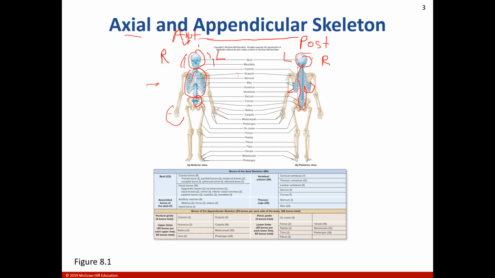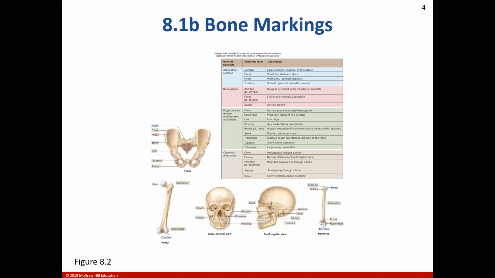But I won't ask a lot of questions about axial versus appendicular, but once you get into it, it'll be very easy because you have enough to worry about what bones you're looking at. So these bone markings are basically, this is very difficult. There's bone markings, and again, we're going to go by our list, so you don't have to know every single bone marking ever designed by creation, but you should know a lot of them, and some of them are important